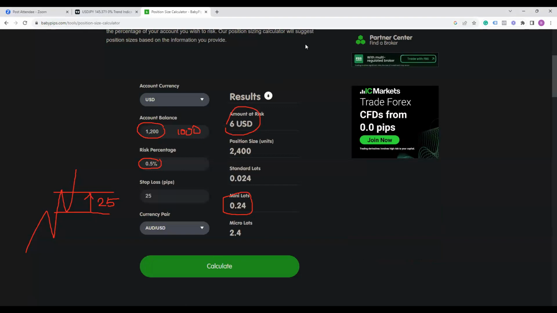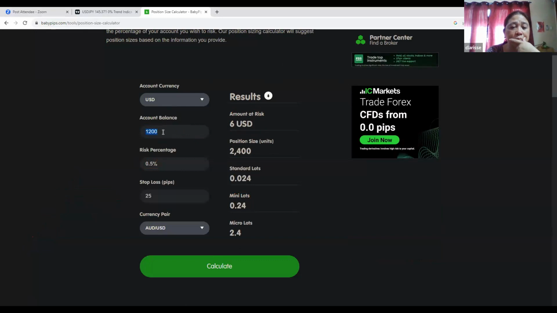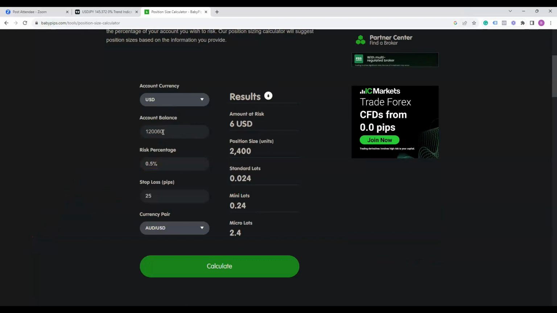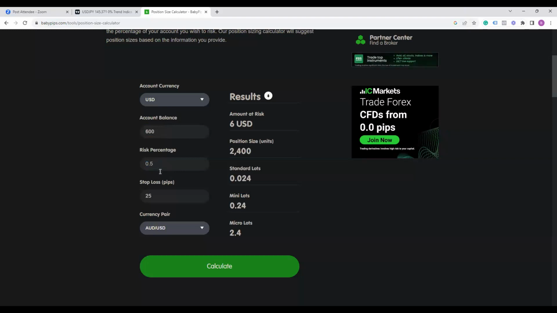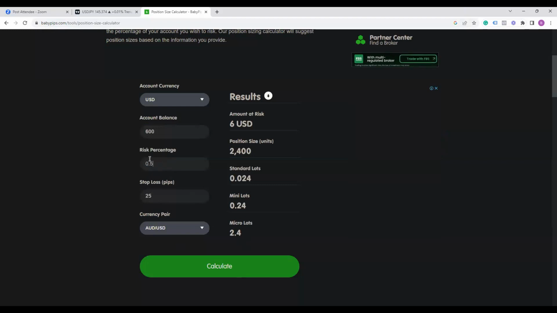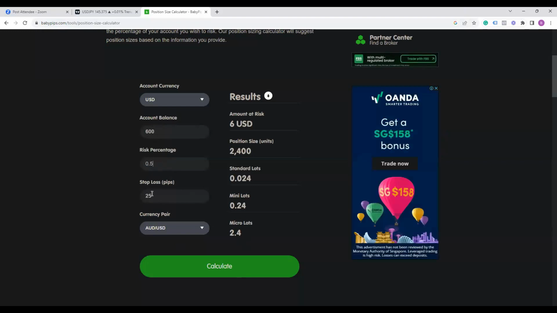You follow? So now let's say your account is down to $600. You have been losing money, right? And you still remain at the same risk, 0.5% per trade, and the stop loss is still 25 pips. So if I only want to risk 0.5% with this trading capital and 25 pips as a stop loss, how many lots can I trade in order to stay within 0.5% risk?